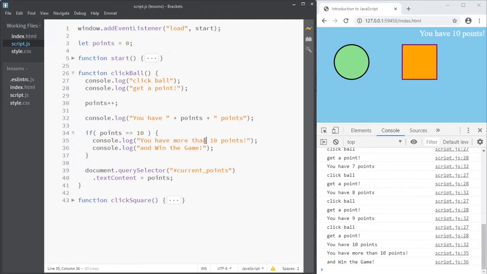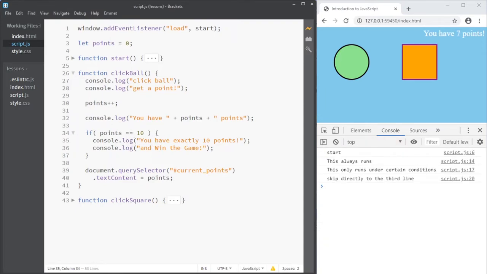It should say you have exactly 10 points and win the game. So this is how you test if something is equal to, by having two equal signs. You could also say, if you wanted to say if it's not equal to 10, and say